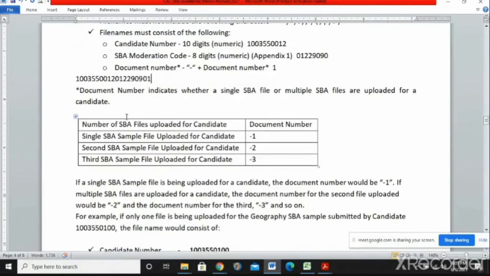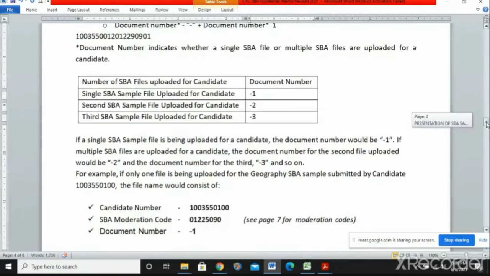So what this part right here is showing you is that if you have one file submitting, you're going to put 1 beside it. If there's a second file to be submitted, you put 2 instead of the 1. All right. If there's a third one, you put 3 beside it. All right. So what that would mean is that, again,